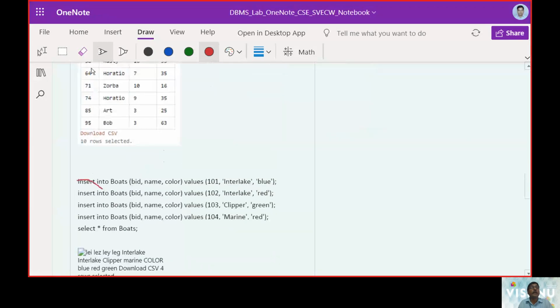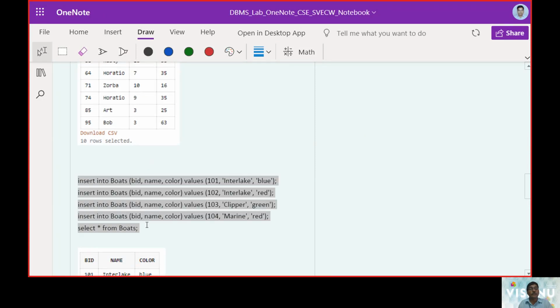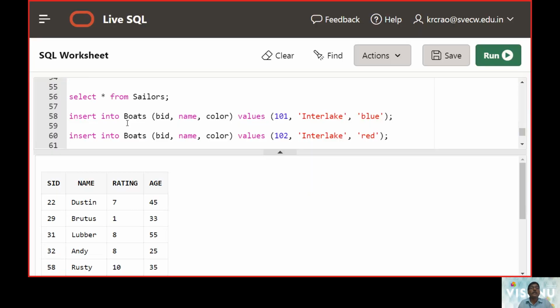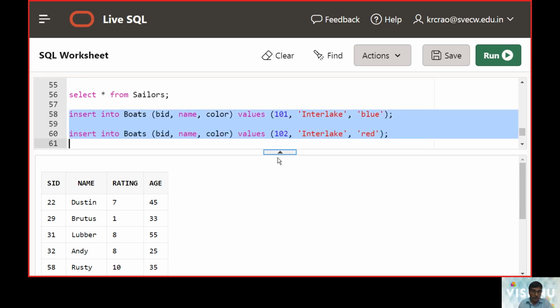Now let us use the next set of commands, that is for the boats. The next set of insert commands, again boat ID will be the primary key here. Name should be put in single quotes, as should color, because it is going to be text, a string or character.